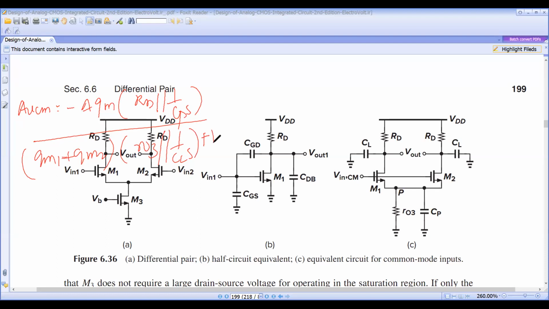This is the final equation. So from this, the CMRR, the common mode rejection ratio,